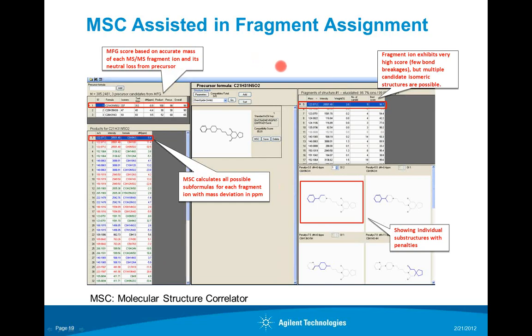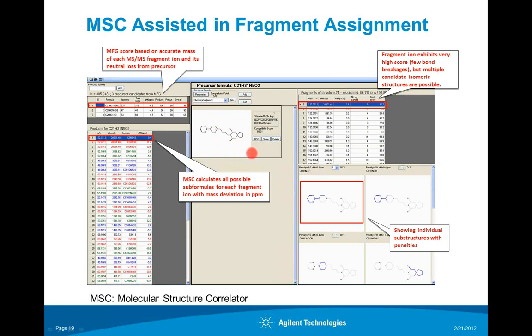Therefore, the results are more relevant and make sense. What the user needs to do is upload the experimental MS data to the software. If you know the structure, you can input the structure. If you don't know the structure, you can do database searching, for example, ChemSpider. In this particular case, because we study Buspirone drug metabolism, we know the parent molecular structure, and then